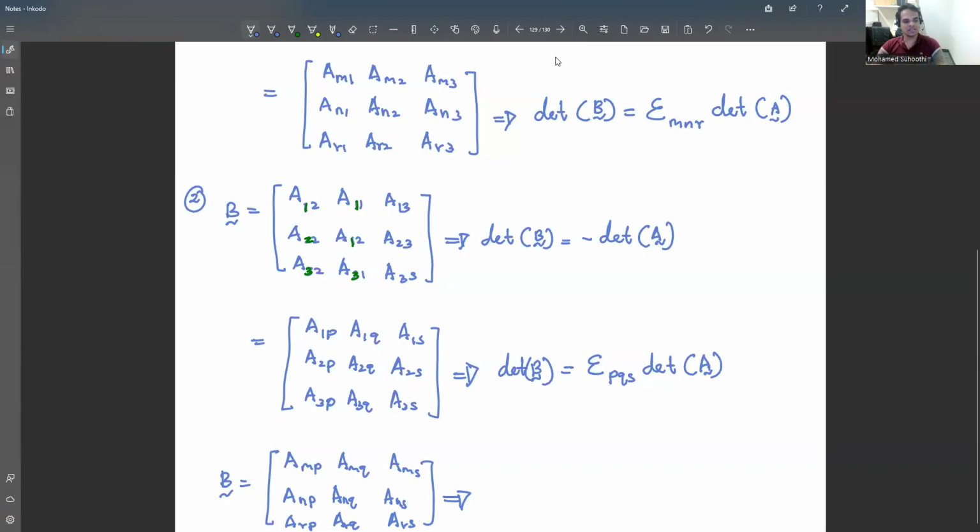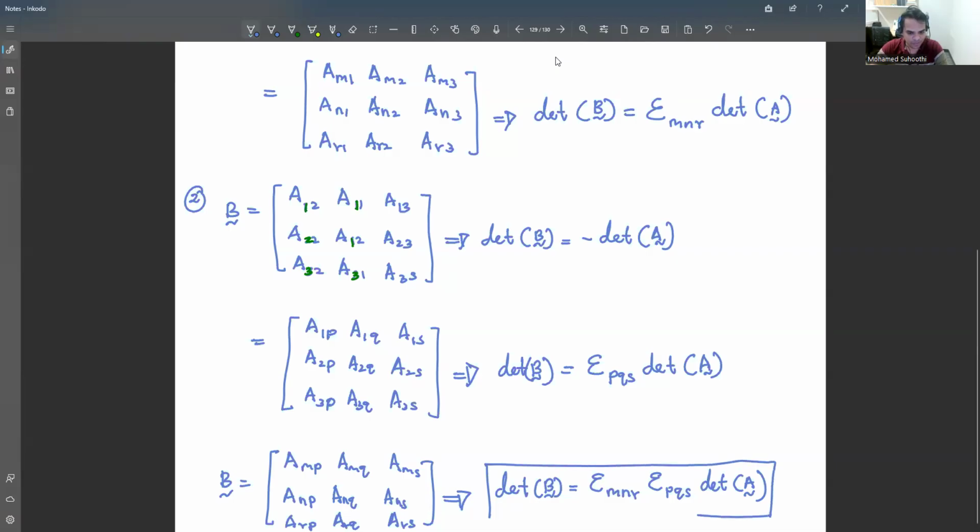Now what is that? I have to apply for both subscripts, right? Now determinant of B will be MNR, PQS, determinant of A. Okay, so this is a very important property